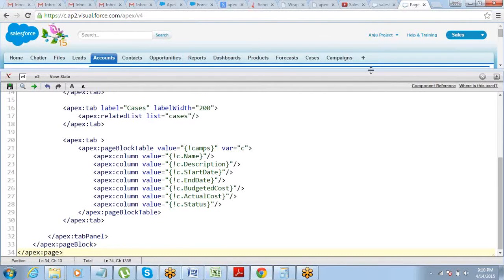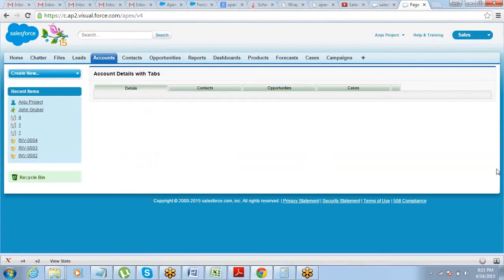Right. So this tab is not getting its value like the others. All other tabs, like cases, get data through the related list component, because it's related to the account. But campaigns is not related to the account, so its data comes directly from the controller extension, the class that we have written.